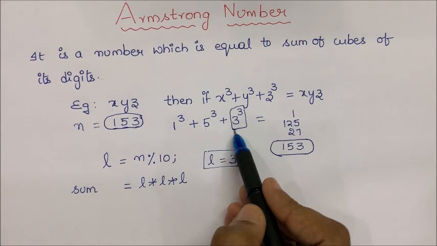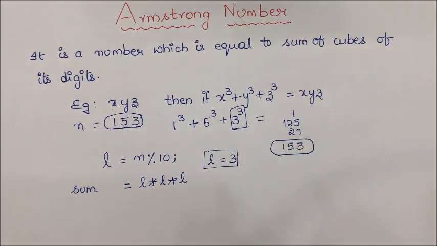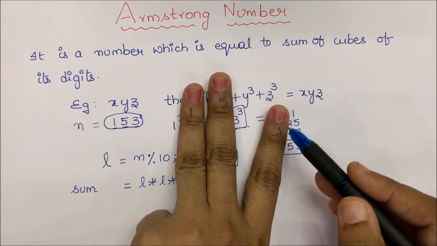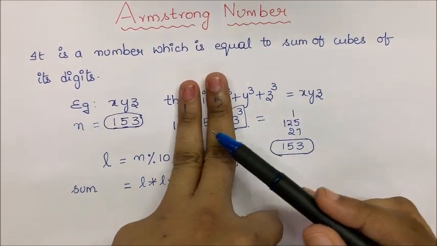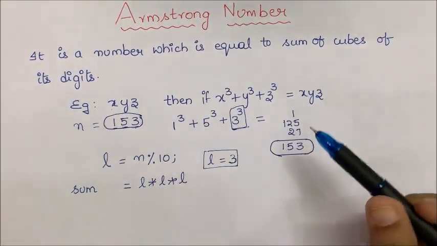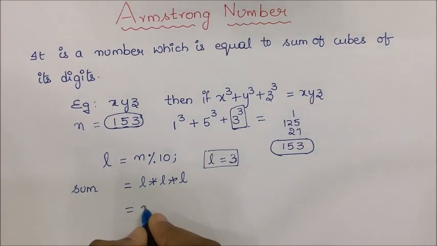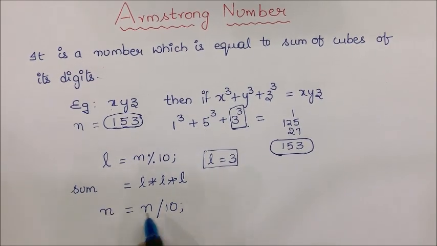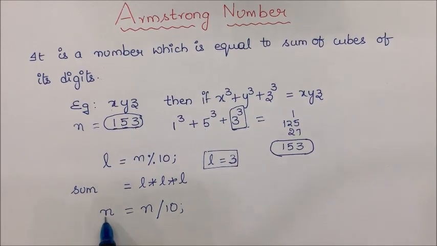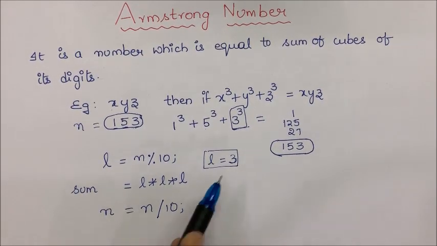So after completing the last digit, we don't have any job with this number, so we have to remove this number from our 3-digit number. To remove this number, we have a beautiful operator called the division operator. So if we do n by 10, then 153 by 10 will be 15 point something. As we declare this n value, L value, everything as integer, it will consider 15 only. I will store this resultant value in n. Now my new n value will be 15 and not 153.